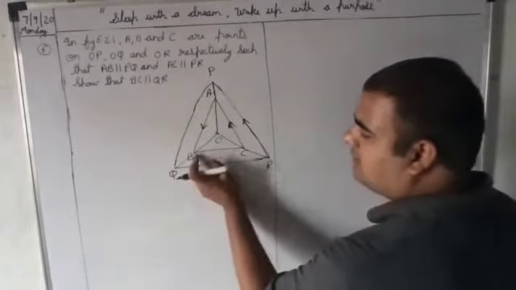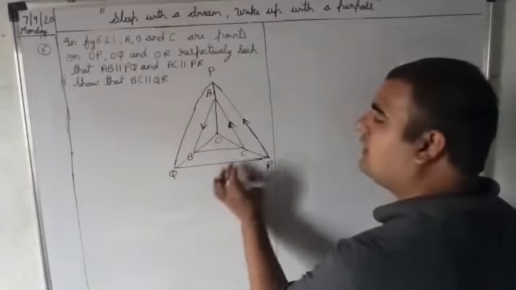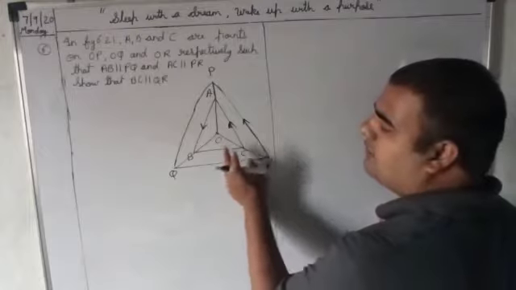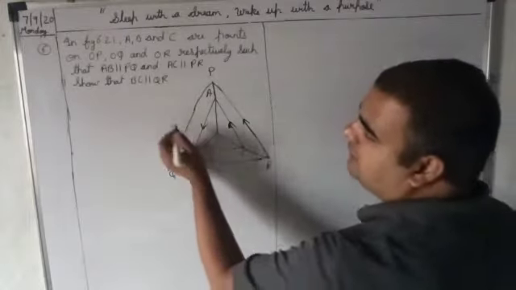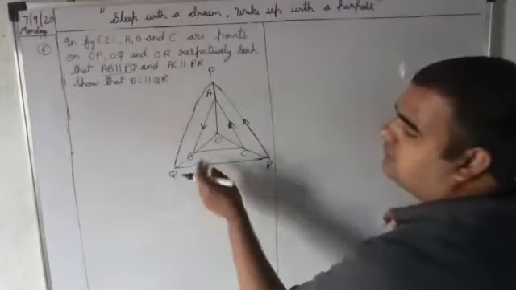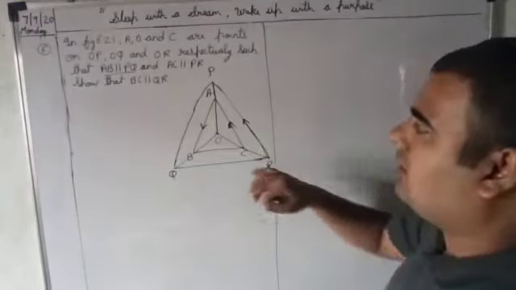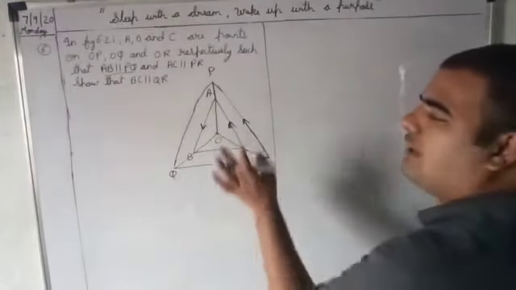So, see here. BC is parallel to QR when it is possible, when OB upon BQ and OC upon CR are equal. How will you prove OB upon BQ equals OC upon CR? By these two given data. AB is parallel to PQ. You will take triangle OPQ, and by BPT. Then AC is parallel to PR. Here also you will apply BPT.